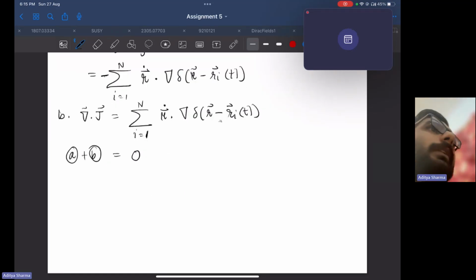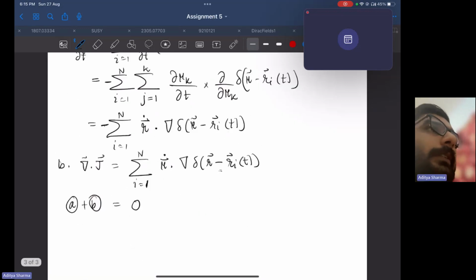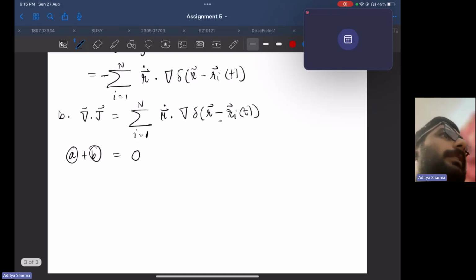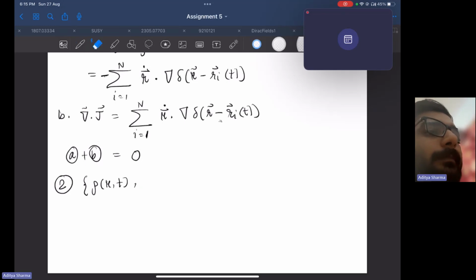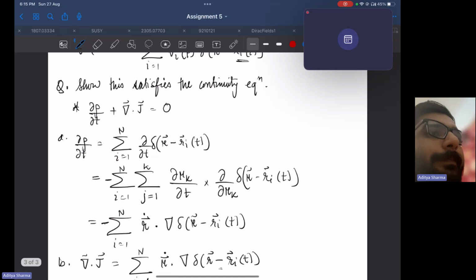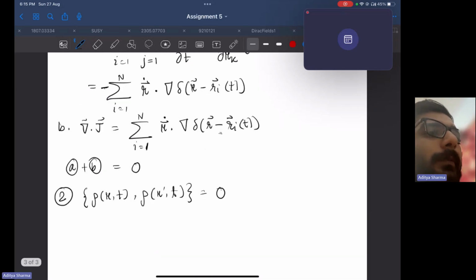There's another way of showing continuity, and that is using the Poisson brackets. The second question is we'll have to show that the equal time Poisson bracket between the densities at different r's is 0. So we have